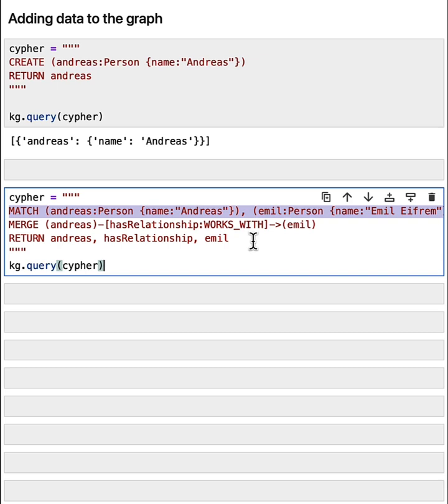We're going to match an Andreas who has a label person and a name Andreas, and then we're going to use a comma instead of a relationship here because a relationship doesn't exist yet. We're also then going to find an Emil who also is labeled with person where the name is Emil Ephraim. Having found those two nodes, we'll then merge a new relationship in. Merge is very similar to the create, except that if the relationship already exists, it won't be created again. So merge actually combines a match with a create clause